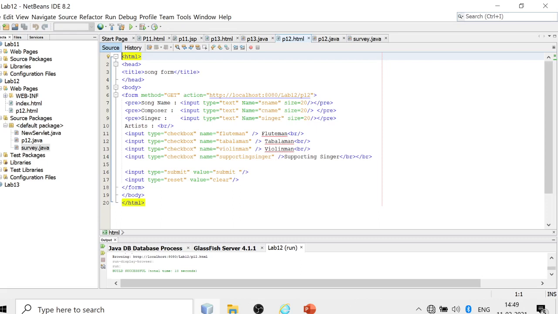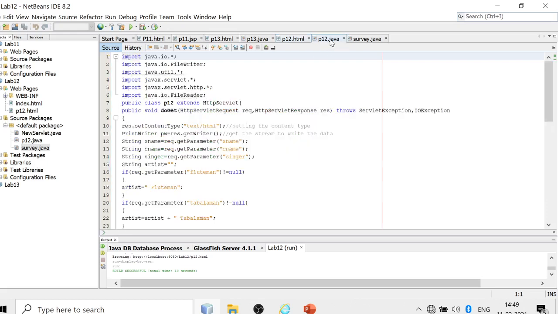Once you click on the submit button from this form, it will go to P12 named servlet. So now let us see what is there in P12 named servlet.